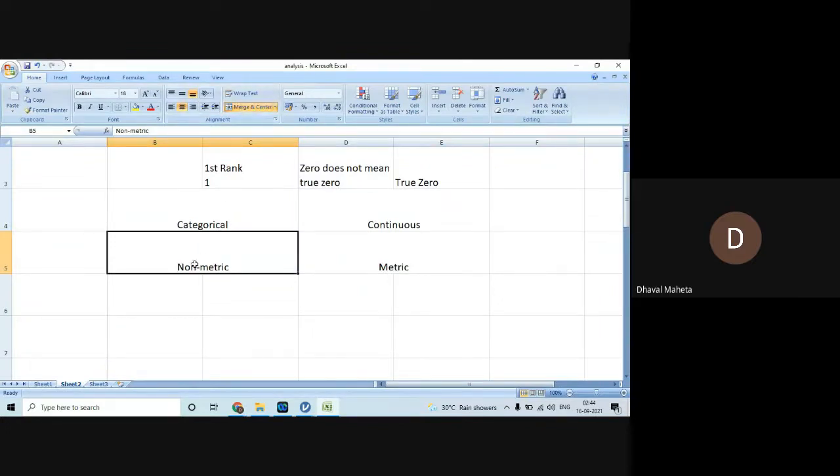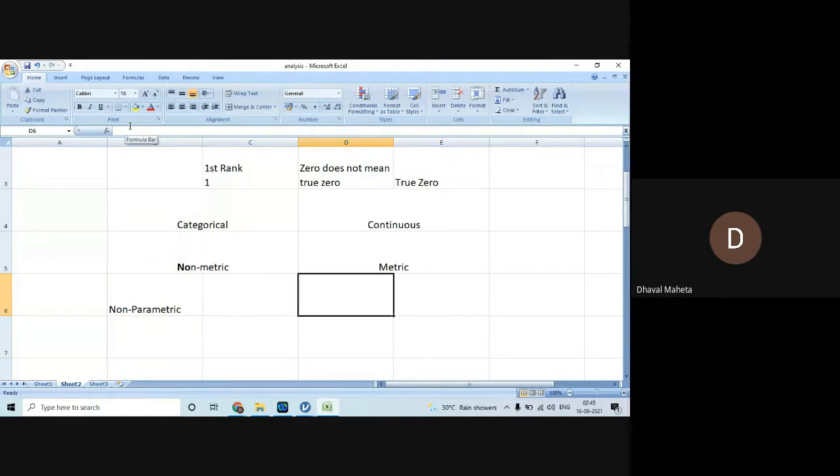Now, the most important thing here is this NO: nominal and ordinal, so non-metric. Here, most of the time we use non-parametric tests. And where metric data, with parameters, is there, we use parametric tests.